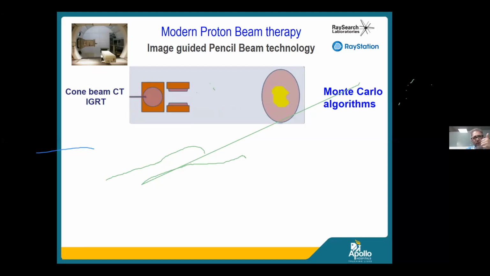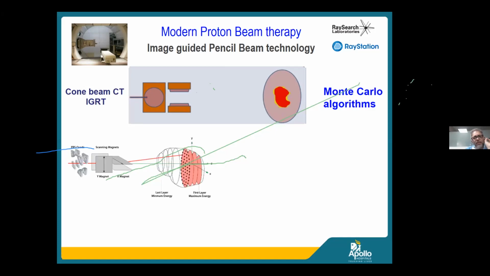So one revolution was that from the passive scattering technology, we became to active scanning, or what is called pencil scanning, pencil beam technology. So you have a finite small pencil beam. The second thing which came was the energy of the beam increased. Previously, we had limitation. We had only relatively few energies available in the clinical practice, and you could not treat very deep-seated tumors. Now the energy is as high as 230 to 240 MeV, and the lowest can be 70